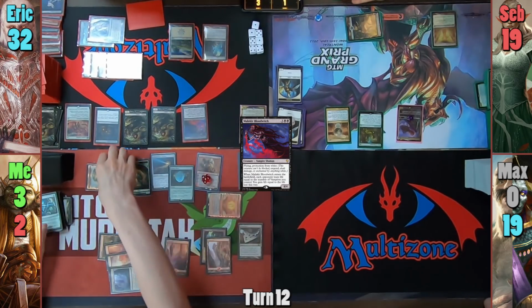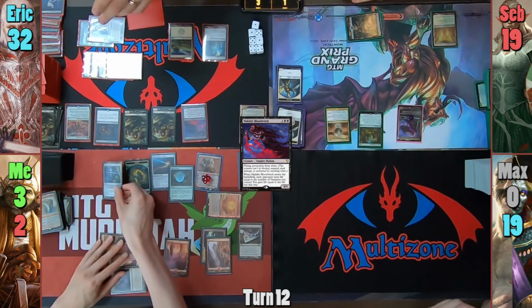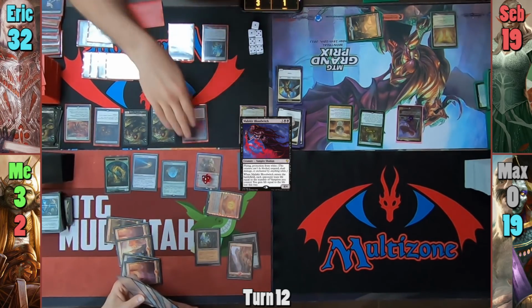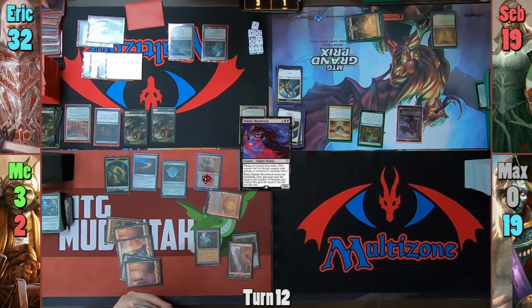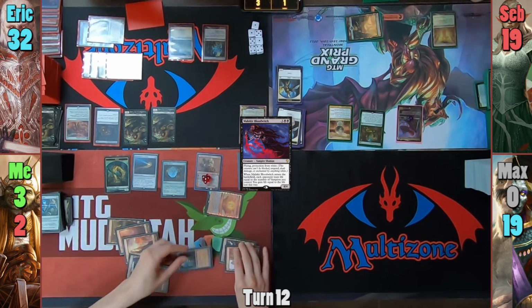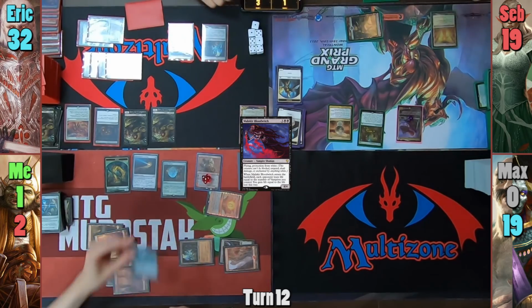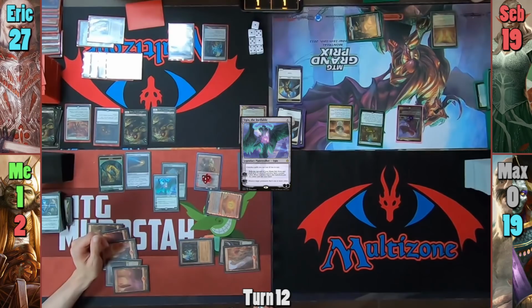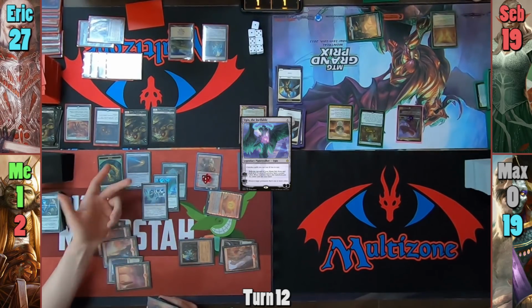I downtick Daretti, swapping the Vault for a Hedron Archive, and then crack it again to draw 4. Max reminds me that I've got an Emblem trigger, and I deal 5 to the Blood Witch. I then decide to go all in, taking 2 and dropping to a dangerously low life total to cast Ugin the Ineffable. I deal 5 to Erik with my cast trigger, and I then drop an Arcbound Ravager for free